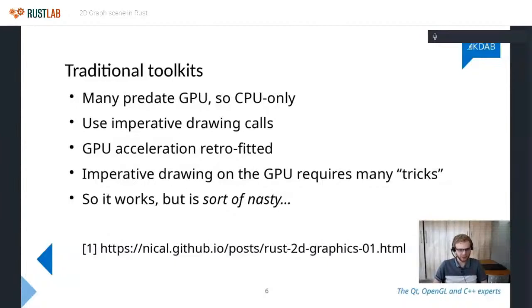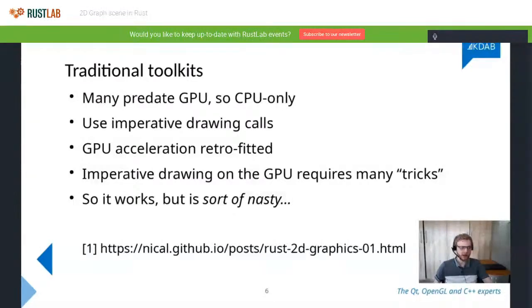I think one of the best out there currently is probably Skia. Skia is very good at this, but even if you are as good as Skia, there's kind of a limit to how good you can get. And what's also problematic is the more magic you throw into getting this to work, the more confusing it becomes, the more there's a disconnect between what you're writing and what the system is doing, so you can't really reason about performance anymore. At the bottom there, I've linked a blog post from a Mozilla graphics engineer about exactly this, how anything based on imperative drawing just isn't optimal for GPU, and we don't really want to go that way.